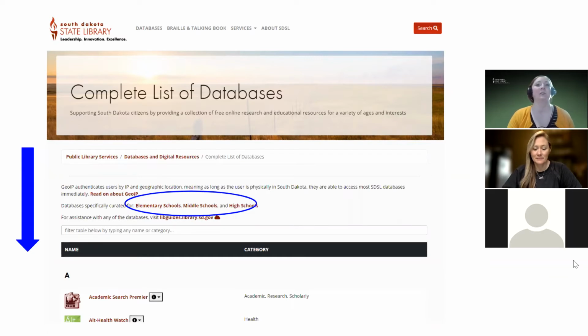This is where you're going to find all of the South Dakota State Library databases listed A through Z. If you scroll all the way down, it's going to list them down there, or you can go up to the top and find specifically curated pages for different age groups, elementary, middle, or high school. And we're going to take a look at the middle school one.